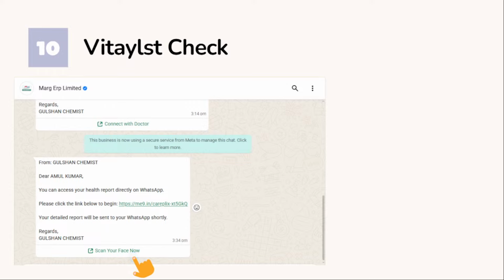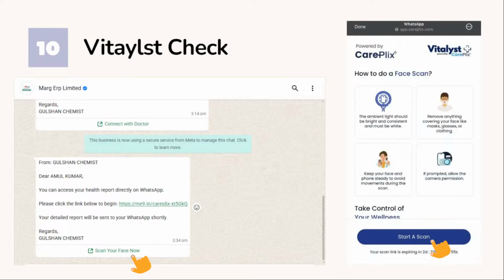Now you'll go to your WhatsApp and you can see the scan your face button showing right now. Click on this button, and you will see the screen on your mobile phone. This is from the Careplex. And now you have to make sure of a few things: that there is proper light, and there is nothing disturbing in the background, which means moving objects or darkness should not be there. And the third thing is no mask, no goggles. Make sure that you are not wearing any masks, goggles, or chunni or dupatta on your face,